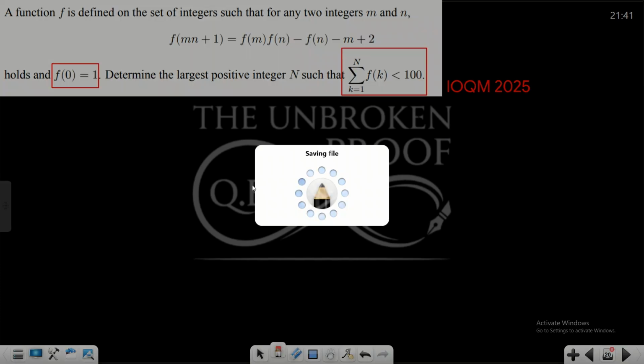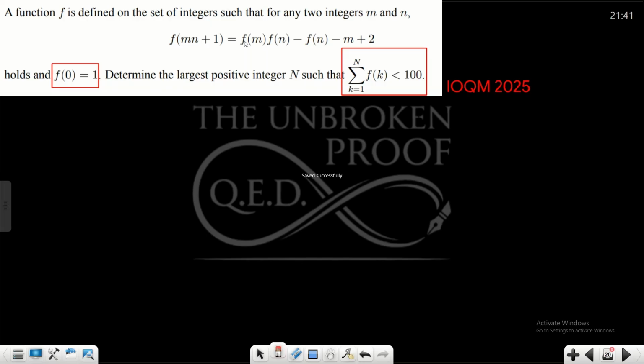Okay, now whenever you have this kind of equation given, almost always we have to substitute m as 1 or 0, or n as 1, something like that, and after that we should be able to get f of something is equal to the same thing plus other terms. So let us see how we can do. If I keep m as 0,